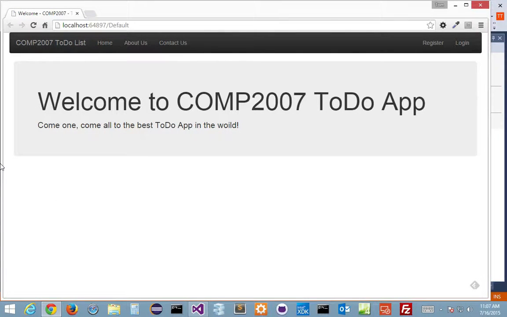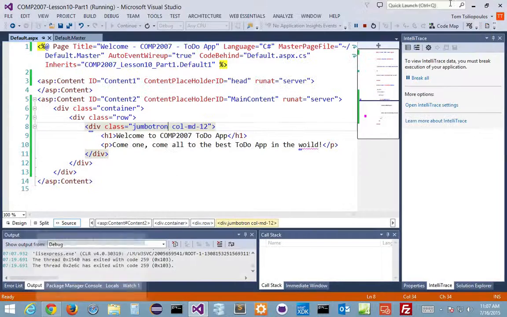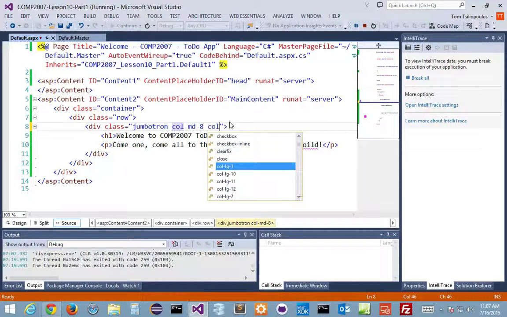That's what I wanted. So now we get a bit of space, right? If I didn't want to make this 12, and if I wanted to make this something like 8, how would I make it so it's smaller and I have 4 of my offset? I could do something like offset 4, right? Column, medium, offset 4, which pushes things to the right, or to the right by 4. So if I wanted to push this over and give more margin without using any CSS, I could use Bootstrap to do that. I could do that by simply saying maybe this is only 8 columns as an example, and then I want to push this to the right, so column, medium,